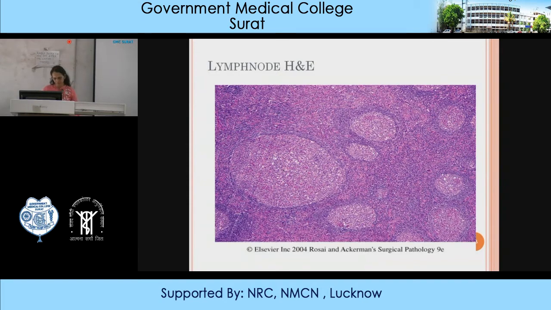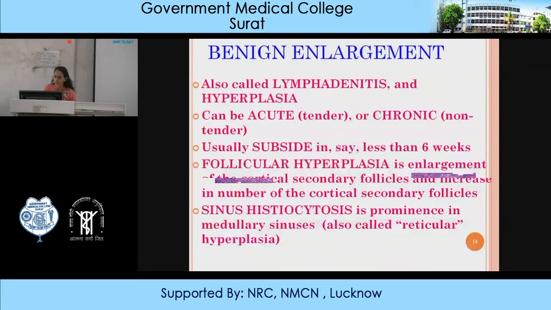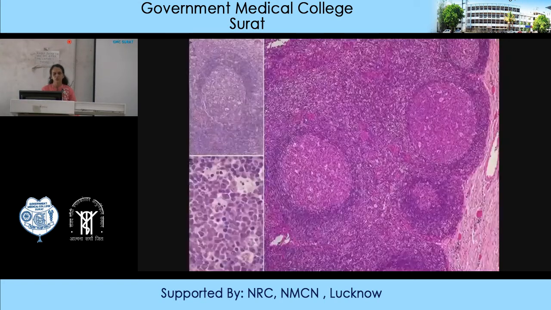mature B cells. Now, enlargement of lymph node is called lymphadenitis, and it may be acute or chronic. Acute means it has some recent insult, and chronic means a slow growing process since long. Sometimes the lymphadenitis may be non-specific. The clinician tries a complete antibiotic course, and sometimes it may get resolved within 6 weeks. But if it does not, then one has to investigate the cause for lymphadenopathy.